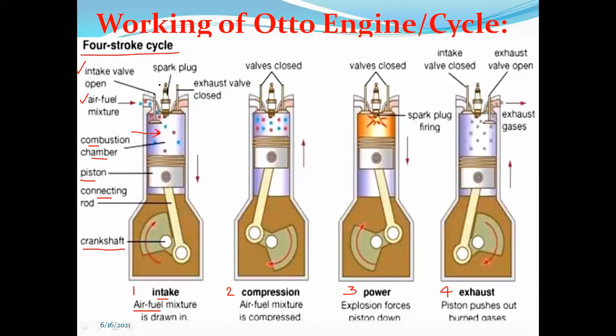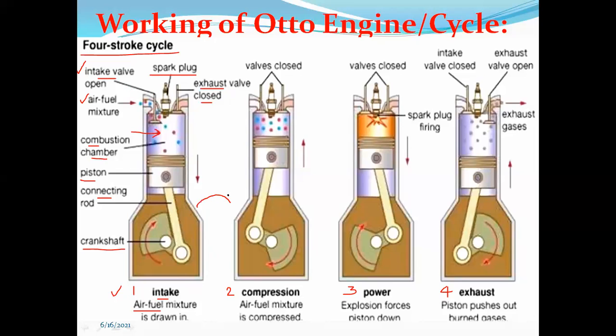At the center you can observe the spark plug. And after the spark plug we have another valve, which is the exhaust valve, but it is closed, unlike the intake valve. In this first stroke, the intake valve is open. According to the diagram you can observe very well that the first one, the intake valve, is open in the first stroke, that is, in the intake stroke. And the second one, the exhaust valve, is closed.